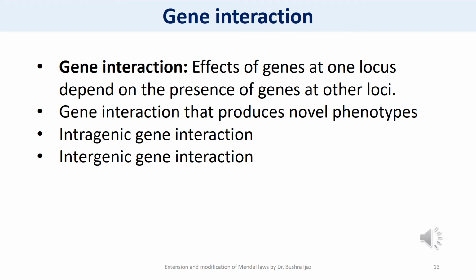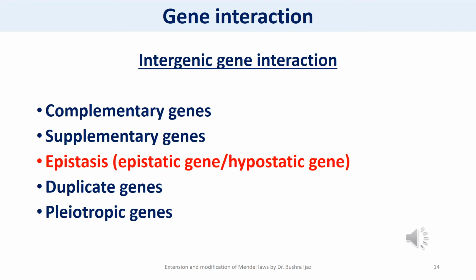Now, this is called intergenic interaction because the genes which are actually affecting each other are present at different loci. As we have already discussed the gene interactions which come under the heading of intragenic gene interaction, which were codominance, incomplete dominance, multiple alleles, and lethal alleles. We are actually going to focus in this lecture on the intergenic gene interactions,